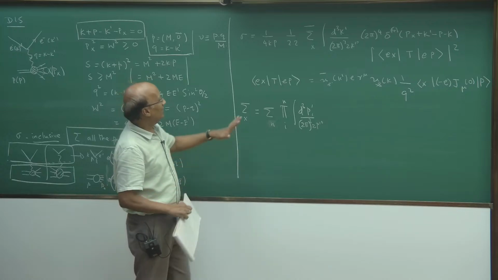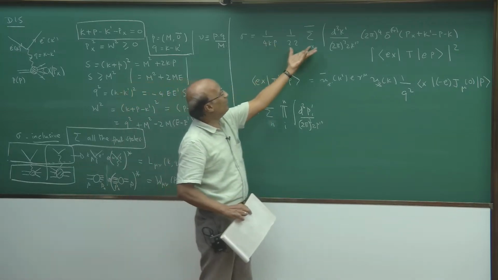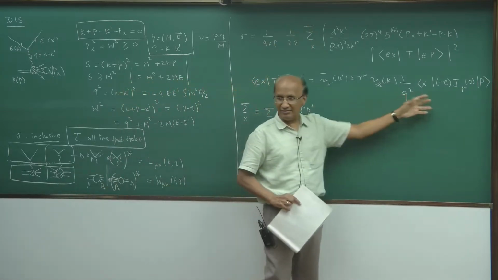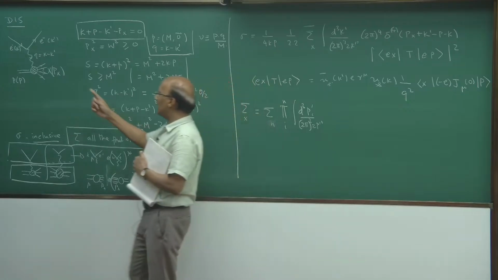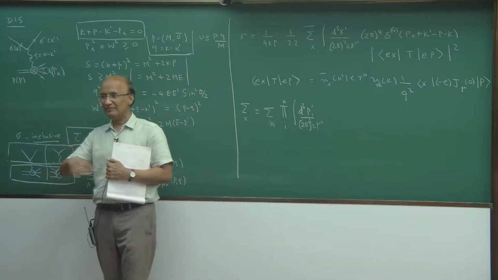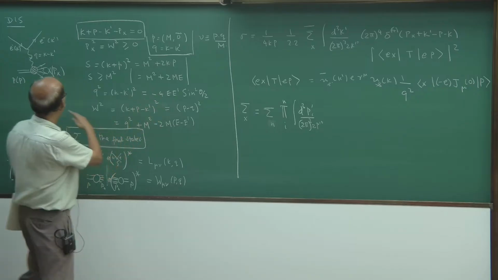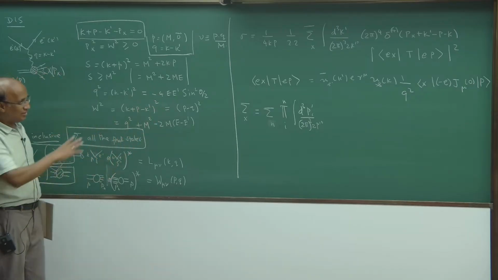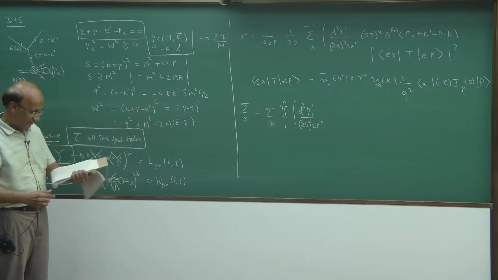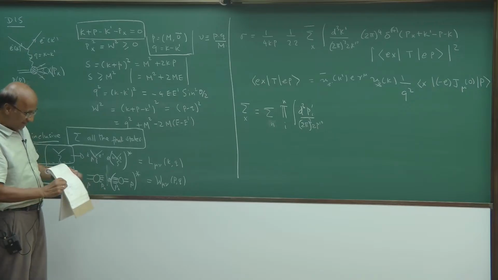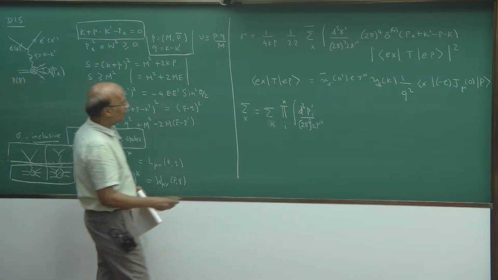So I want to spend more time on this because I'll show that this is irrelevant, because I'm calculating an inclusive process where this information about the final states will be washed away if I do a little algebra. You'll see actually why that's irrelevant. Okay, so